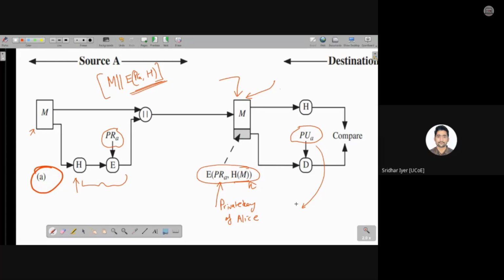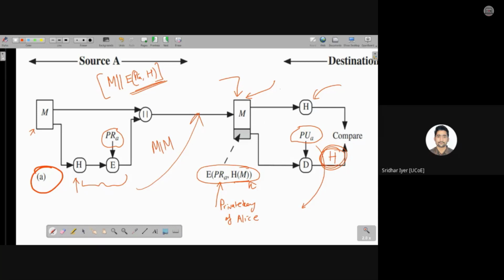Whatever users there are, everyone will have every person's public key. So using that key, if Bob is able to decrypt this message, then what will he get? He will get the hash. Then he will compare this hash that he has just got with the already computed hash, and if they are the same, he or she will verify that this message has actually been sent by Alice. Do you understand the concept? Otherwise, if somebody else comes in between, a man in the middle sort of attack, obviously the hash value will differ. Yes or no?